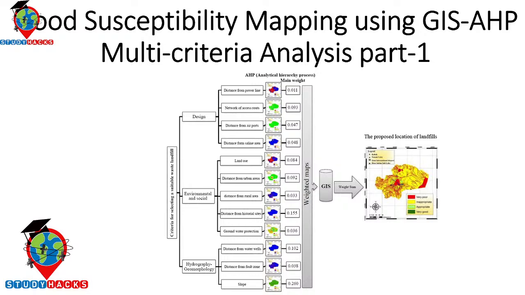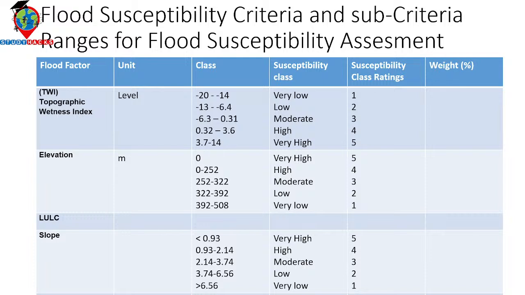Okay, so basically today I will try to discuss flood susceptibility mapping using GIS-AHP multi-criteria analysis. For this analysis, we have to create some thematic maps, such as the distance from road map, distance from river map, land use land cover map, slope map, and elevation map. You can see the flood susceptibility criteria